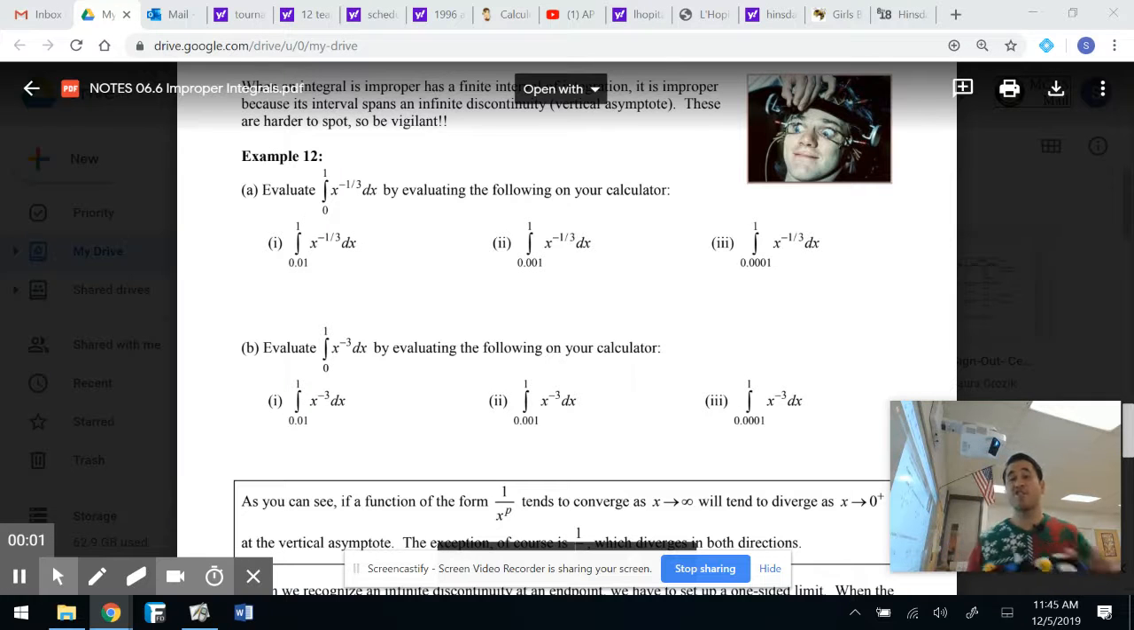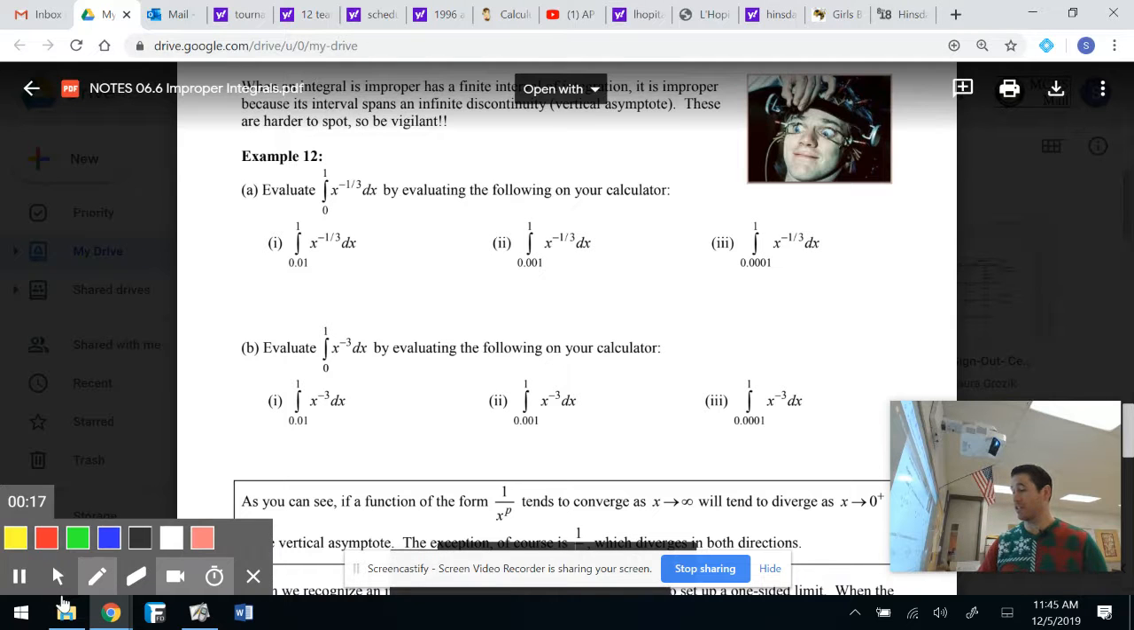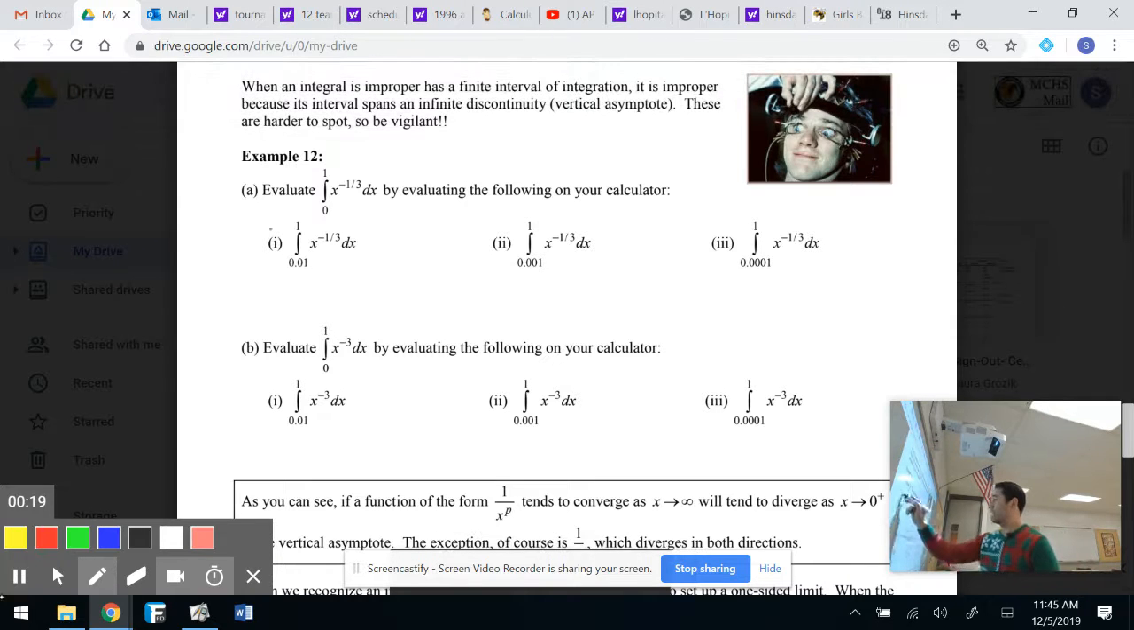Aloha class, let's finish this improper integral thing. The first half of this lesson, the first part, right? We had improper integrals where we had limits where infinity was involved. Okay? But now we're dealing with these different types of graphs. Now to give us an introduction about what's going on right here, we're going to plug these guys into our